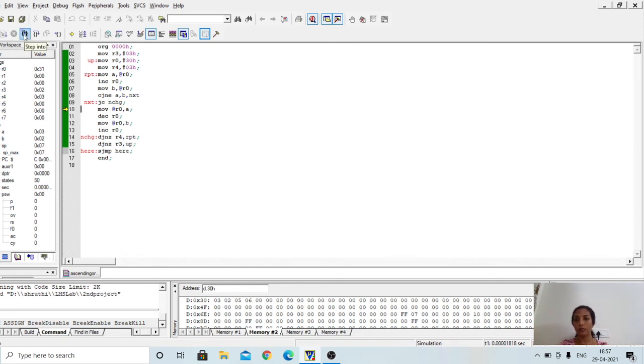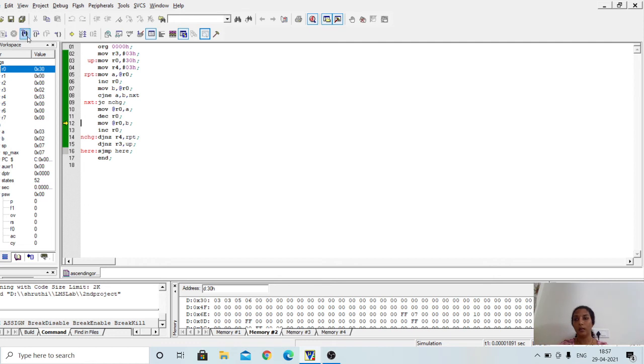So you will copy the content of the accumulator to the location pointed to by the R0 register. That is, the content of the accumulator is copied to this location, and again you have to make the content of this location 2. So again R0 has to be decremented, and the content of the B register has to be copied to that location.